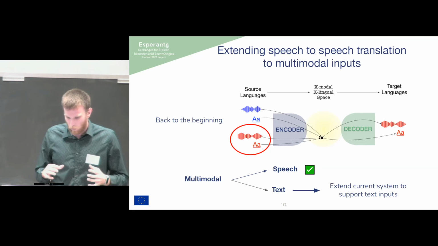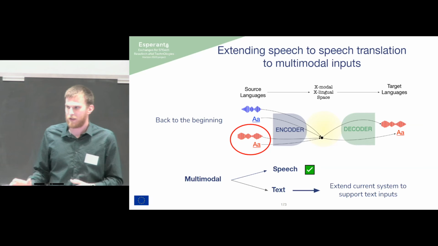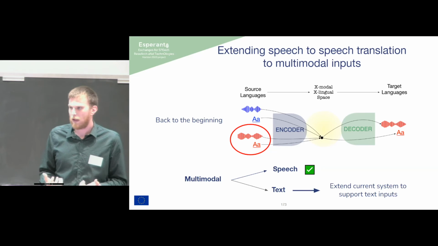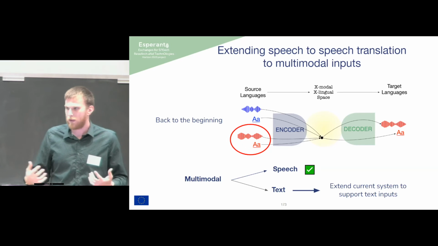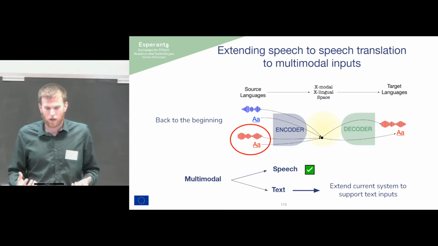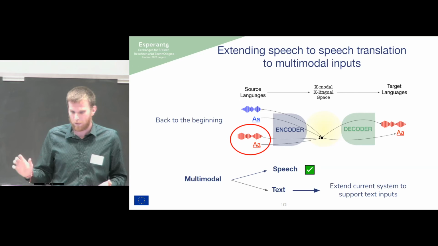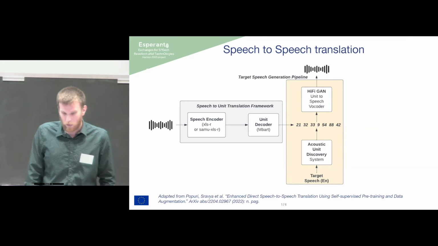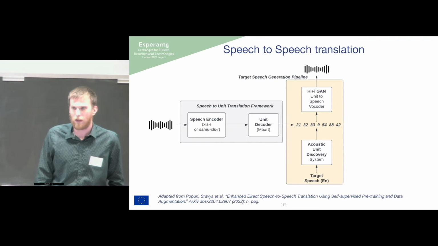So we saw that we had a system that was able to go from speech-to-speech in different languages. And considering that we wanted to have a multimodal input, we thought, okay, what can we do now to support this multimodality? The first idea was to extend it so that it could also accept text inputs. So now we could go from speech to speech or from text to speech. In order to do that, we tried to minimize the number of changes to the current system we were using.